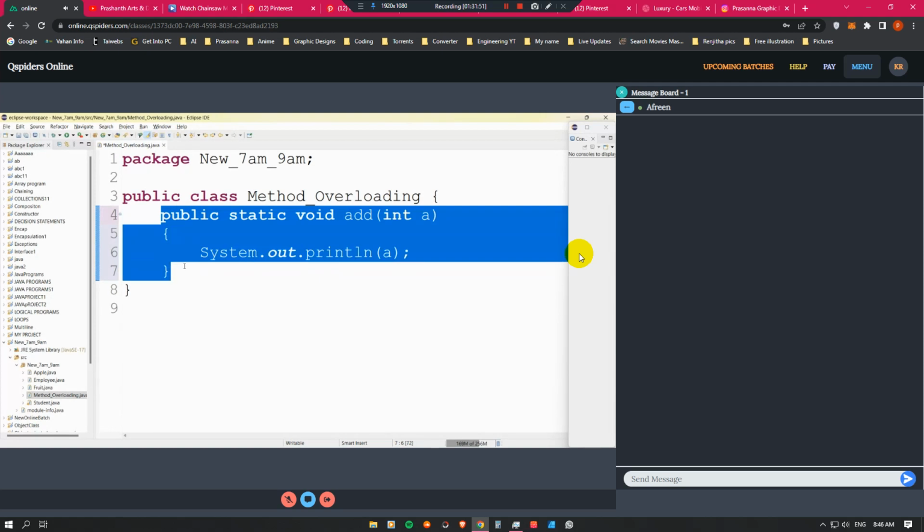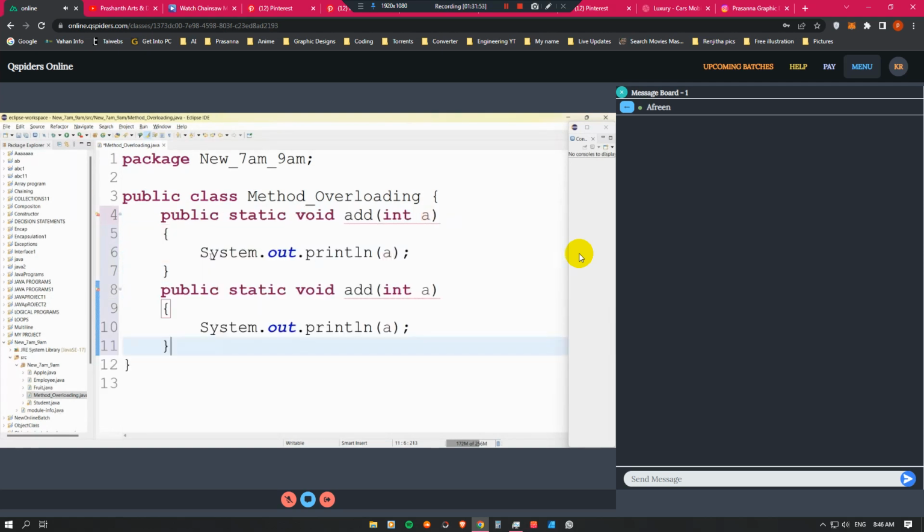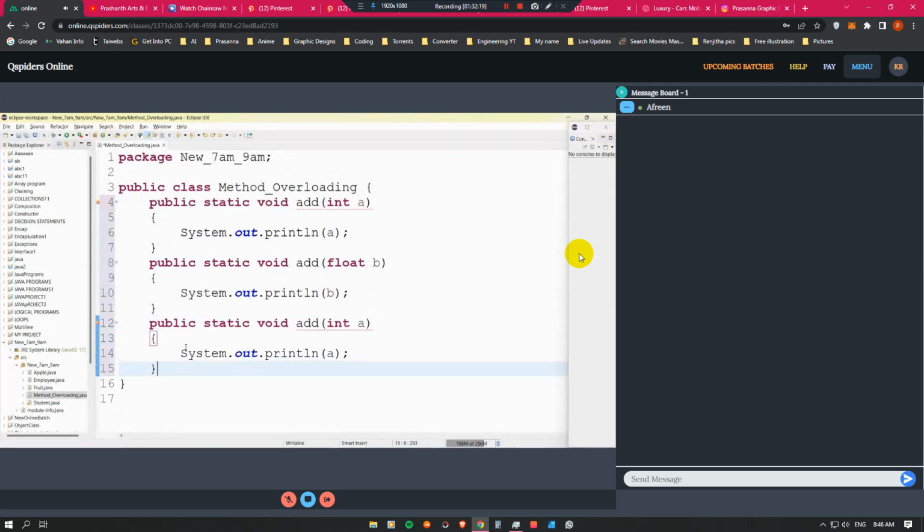Next, just copy this and paste, and just change the arguments. So first one is integer, next one is float. Just pass the variable, but the method name should be the same. Again, if you want to create one more method, you can create. Instead of a float, you can use a string, or you can pass multiple attributes also. So string, comma